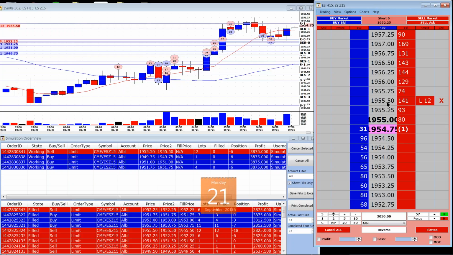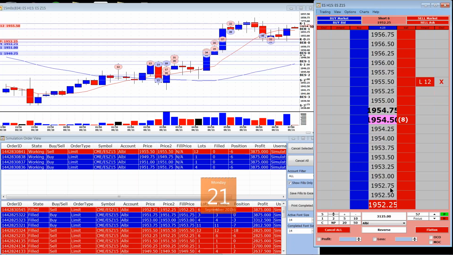And as it gets filled, and this gets added to our inventory of contracts, you can see up here it's represented that we have 6 contracts. We are short, in terminology, we are short 6 contracts at an average price of $19.5225. So we paid $19.5225 for them, 6 contracts, and that's represented also down here,